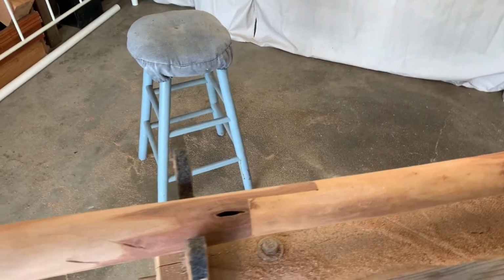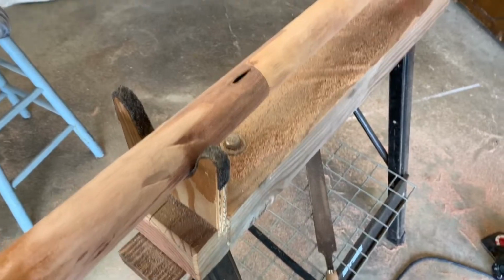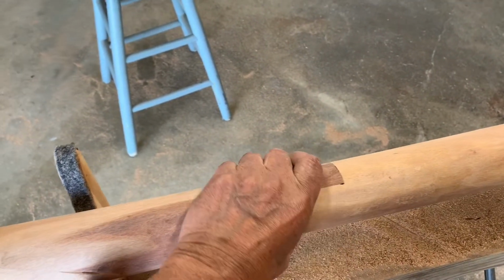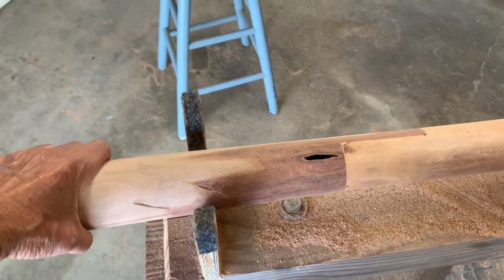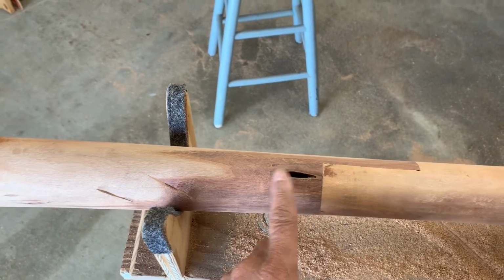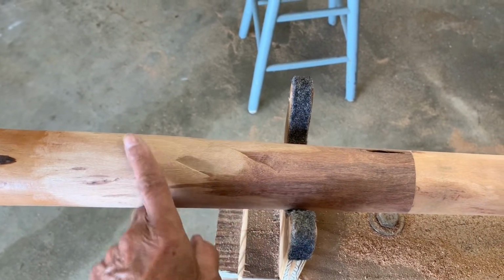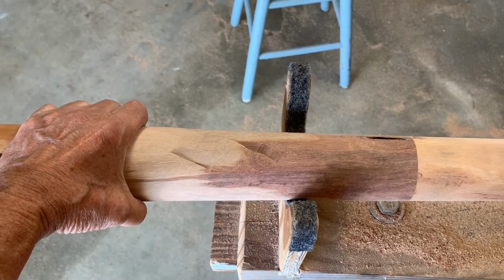Well, I did a lot of sanding and planing with my power planer, and this is the joint here. Pretty smooth now. Of course, things happen, like this knot in the wood that came out, and I had to plug that up because that's a tremendous leak. And as you can see, my power planer dug in over here for some reason, and I'm going to have to fix that with wood putty,